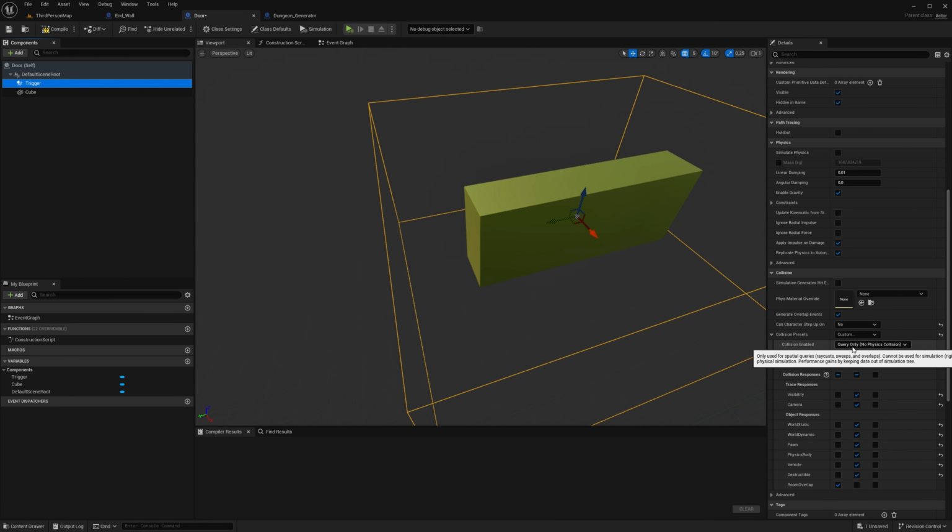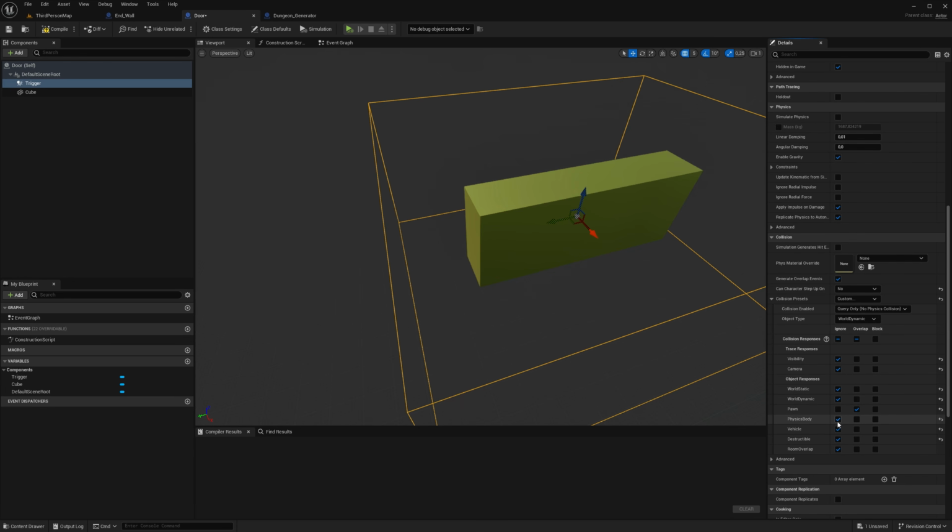I mean, maybe world dynamic, sure. Ignore everything except for the pawn. So the player character is a pawn, the player actor thing. So this should work. And you also need to make sure that your player character can overlap with world dynamic.